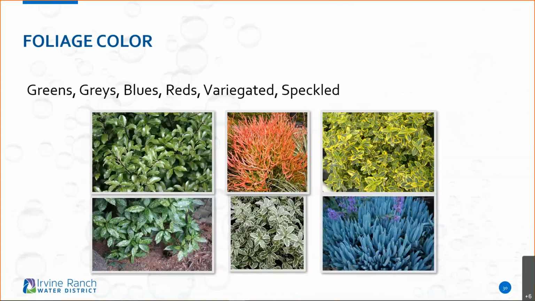Foliage, the leaves themselves. You have all these interesting colors when it comes to plant material as well. The greens, the grays, the blues, the reds, the variegated, speckled. You can see there are pictures here of beautiful foliage coming from different plants, and whether they're coarse or very fine. It's more like texturing of plants, but you have a big selection of plants that you can choose out there, and not just a green matted landscape.